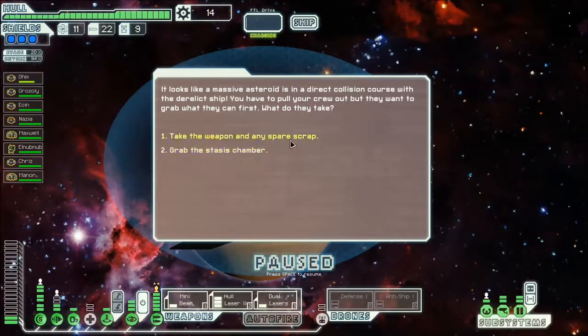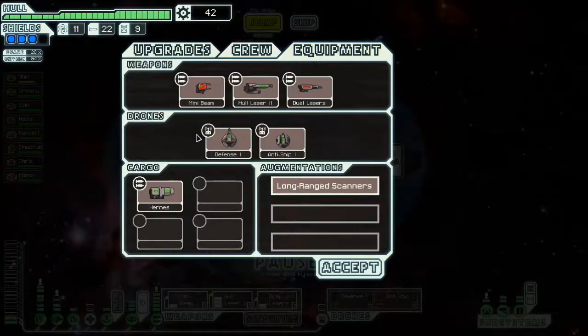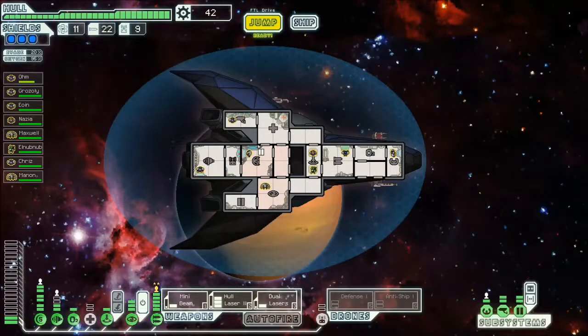You know, the way I went, there's no way I can do anything with the stasis pod, so I'm going to take the weapon, and we get another Hermes missile. So that's going to be sold. Yeah, there's no way with this ship that I'm going to be able to open that stasis pod, so...